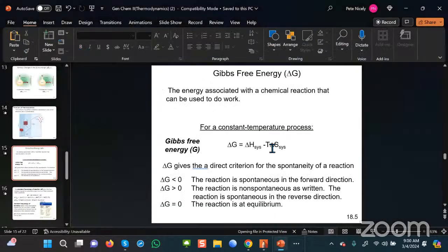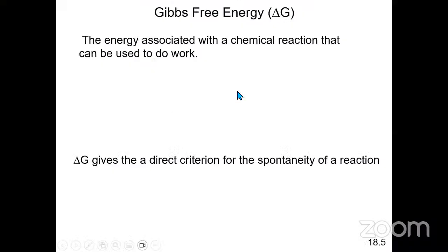Okay, so now we're going to get into how we can actually predict whether or not a reaction is spontaneous. And this has to do with a particular state function known as the Gibbs free energy, symbolized by the letter G, and we can calculate the change in the free energy, which would be symbolized by delta G, right? Now, the actual definition of free energy is the energy associated with a chemical reaction that can be used to